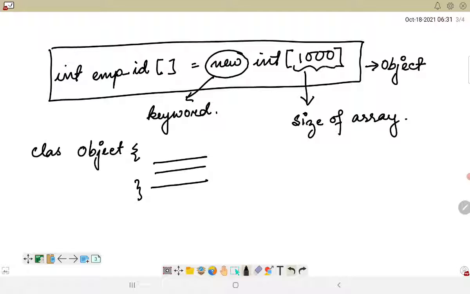Like we already saw here, this is the size. So this size is fixed. It will not change no matter what we do. So it has a fixed size based on which we need to work, and that size is declared in the very beginning of the program.